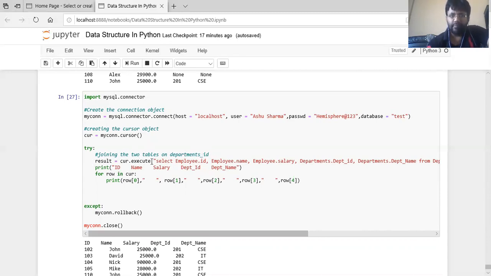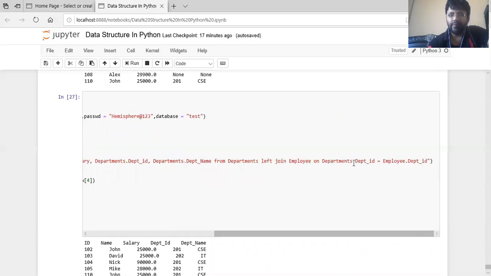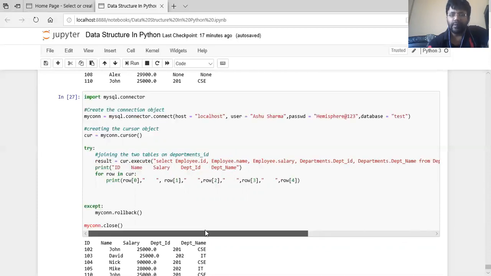So we execute this and finally print the result. So this is the query we have written: department.department_ID equals employee.department_ID. So on the basis of department ID, we are performing the left join operation over here